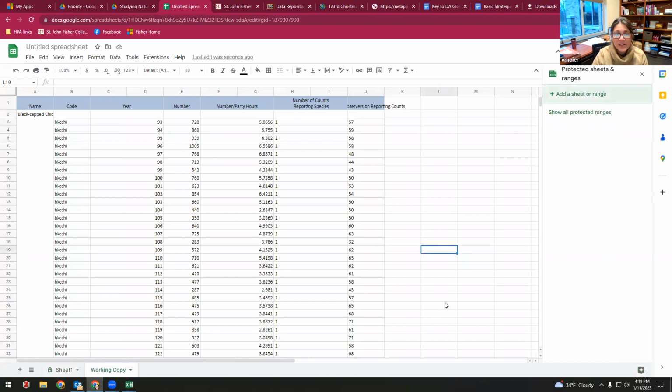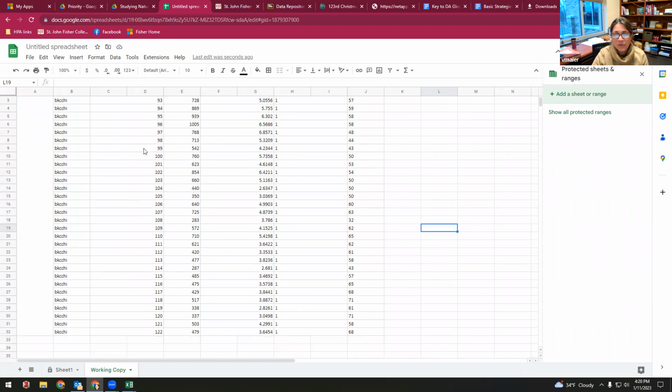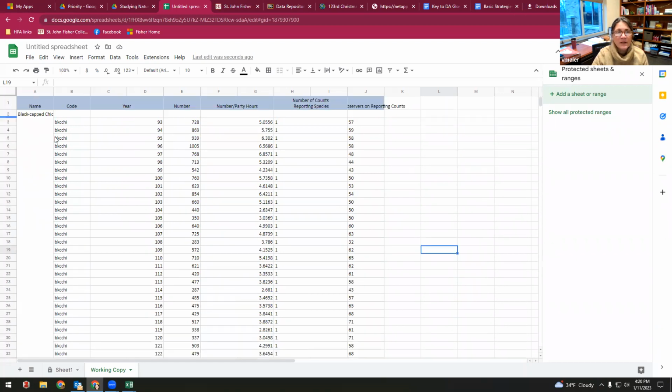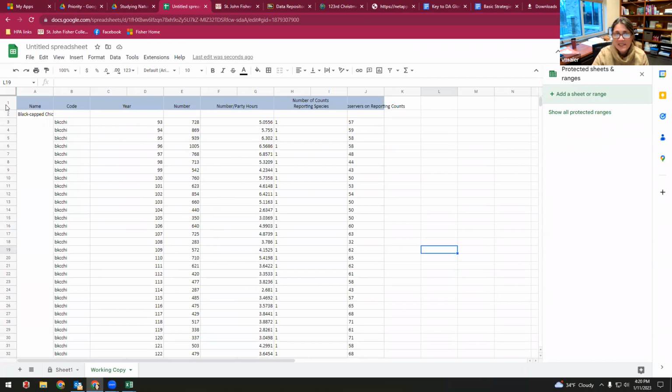Okay, on my working copy, we can do all sorts of changes. I want to do a few things, or there's something that I always want you to do, and that is to get used to making this a little easier to read. You see how this data doesn't all fit on one screen, at least on my computer. One way to make this a little easier to read is to lock or freeze this top row. I don't even have to select it here in Google Sheets. You do that by hitting